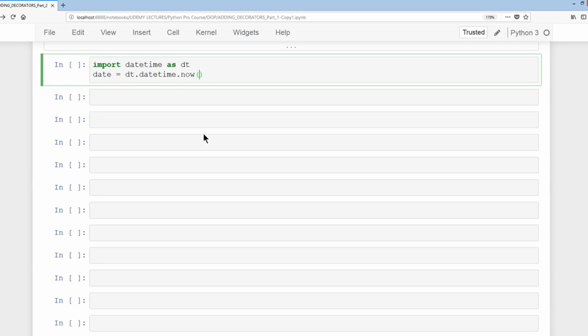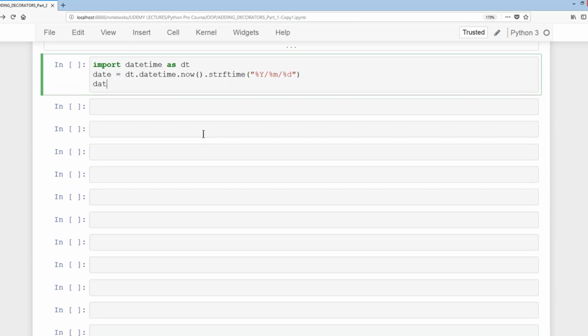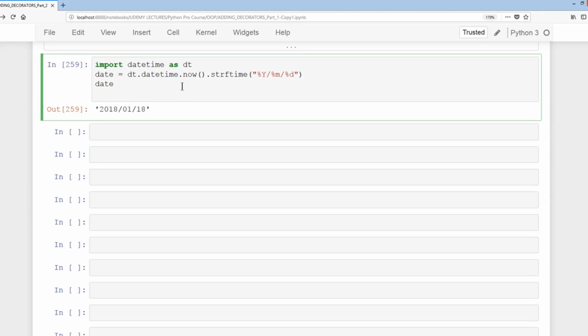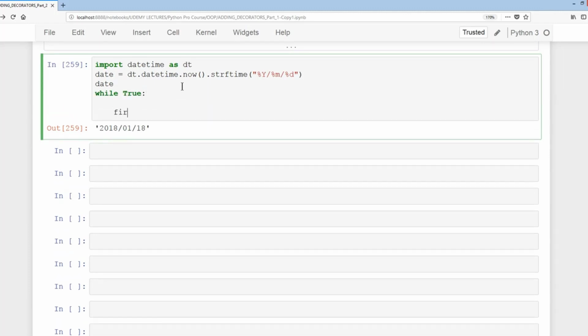dt.datetime.now().strftime, and I'm just going to put in the year, the month, and lastly the day. I'll print dates. As you can see, I have 2018, 0118, just like I had in the text file that you saw earlier. Okay, and then we'll have a while true loop, and then we'll have first equals input,